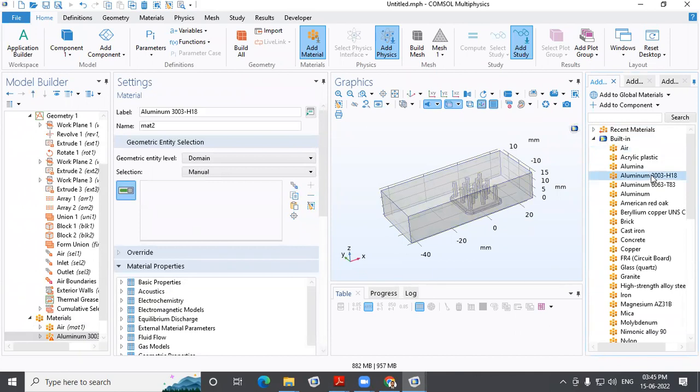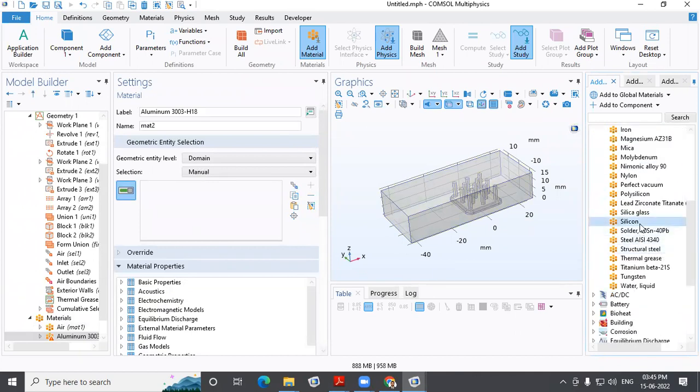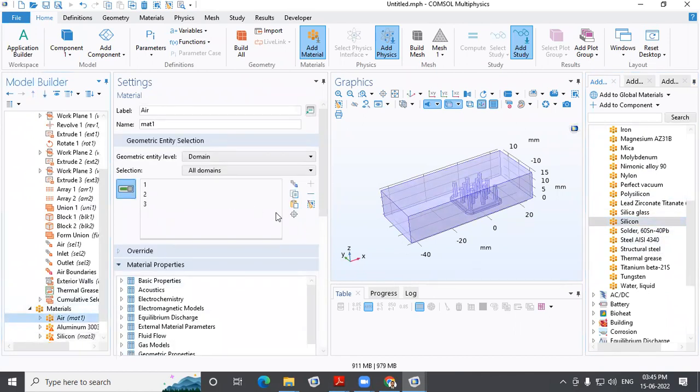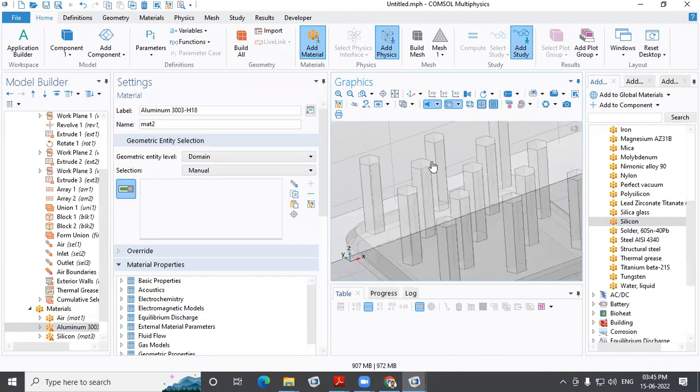And next I will add silicon, because our chip is of silicon. So I'll add silicon. Now here one by one I will define. So air is only this domain. Then in aluminum I'll add one by one. So in aluminum,